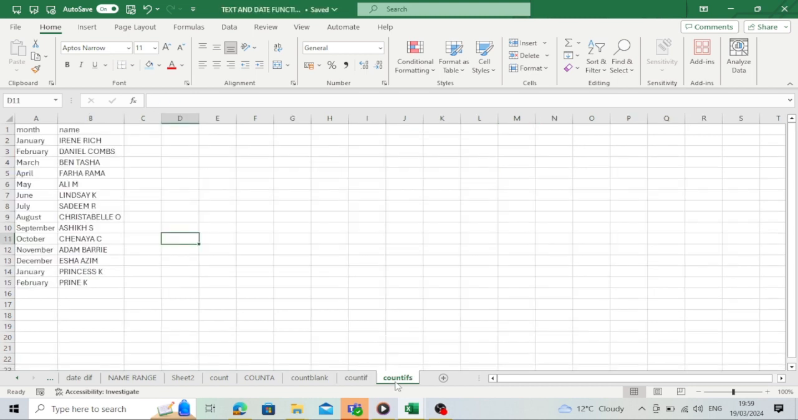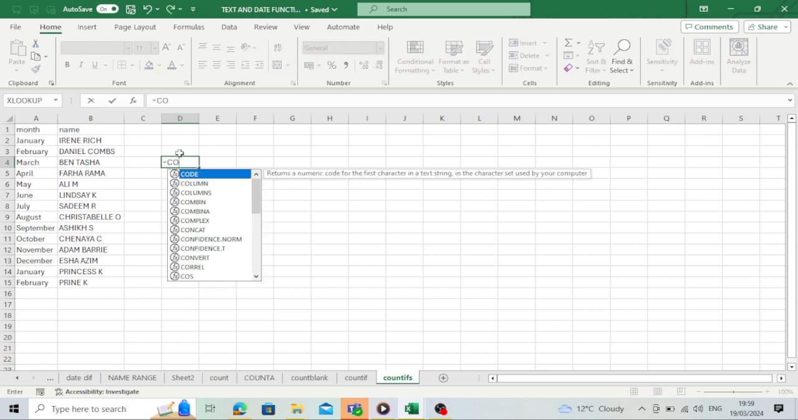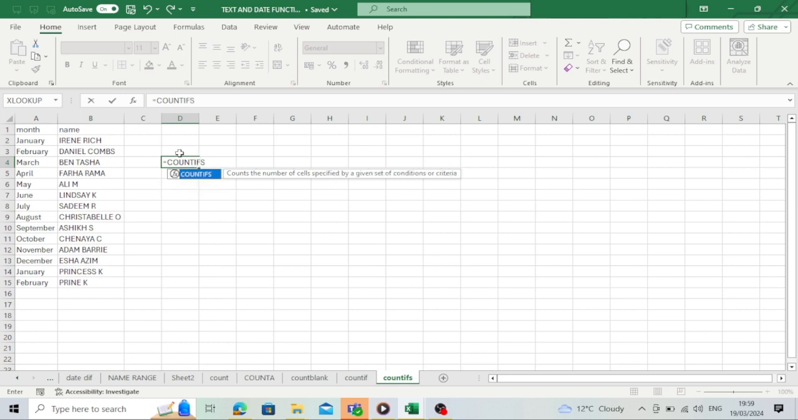We also have the COUNTIFS. And the COUNTIFS function is used when you need to count cells based on multiple criteria. We have the month here, we have names. And let's see if we can use a COUNTIFS function here. So equal COUNTIFS, open bracket. So count in this range of cells, A2 to A15, count if there is January,